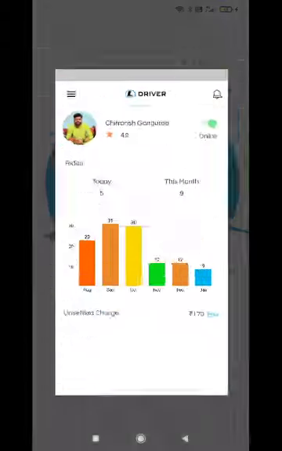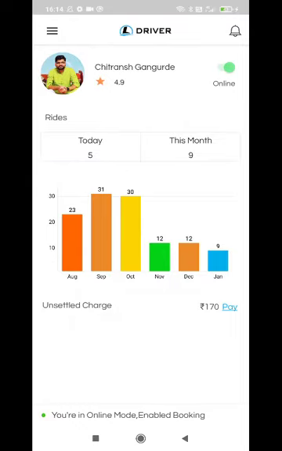When we open it, it is very important to keep the driver application always online. You can see that green button here. It should always be online to get the notifications. We have already scheduled one ride from here to Pune airport, and we will take that as a reference to explain how we get the notification, how to check the amount for that particular ride, and then how to start and how to complete it.